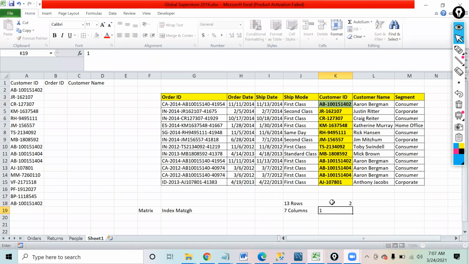Column number is 1. That's it. This will give me this number, because for this customer ID, this is the order ID that I'm looking for. So I want to go to row 2 and column number 1. Now the question is, how did you come to know that you have to go to row number 2?